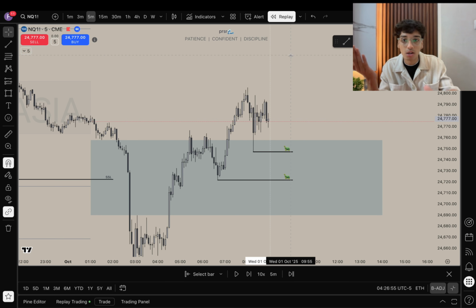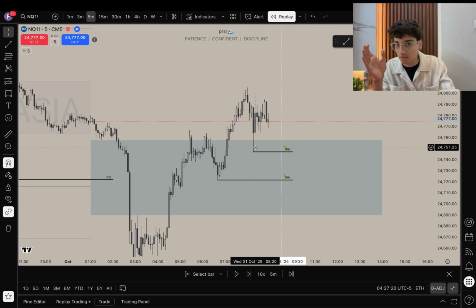If the market goes straight down, there's no opportunity in the market, because 99% of the time trading is just the art of doing nothing. As a trader, we have to wait patiently in the market and let it do what it wants to do. Right now I'm just waiting and watching the price action. If I get an opportunity, if the market comes down and hunts these lows right here,